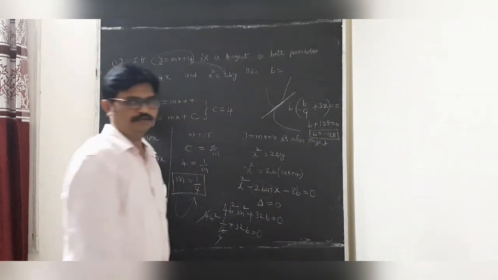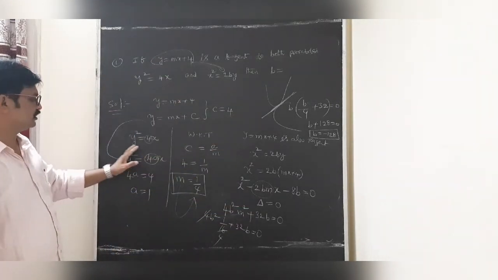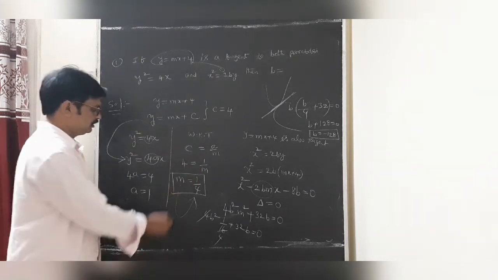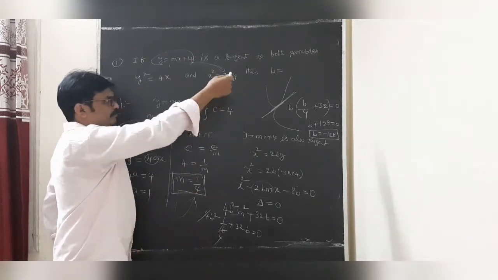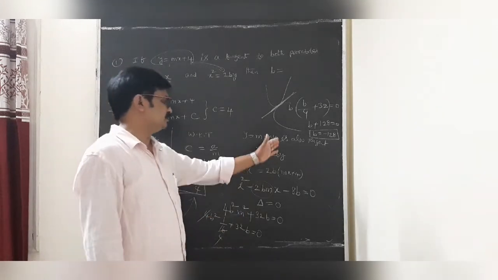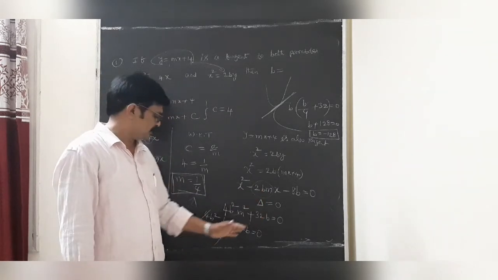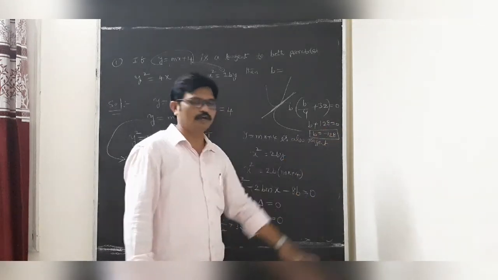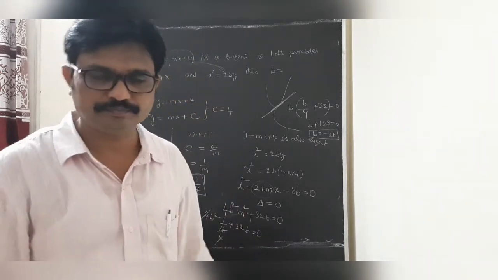Dear students, how is it? First we compare the line y equal to mx plus c with the standard form, then c equal to a by m. In this case we got only m, and this is also tangent to the second parabola. In this case we don't know the formula, that's why we are taking this method. For the tangent, the discriminant will be 0. Discriminant is b square minus 4ac. In that case we got b by 4 plus 32 equal to 0, so b equal to minus 128. Okay students, understand this one?